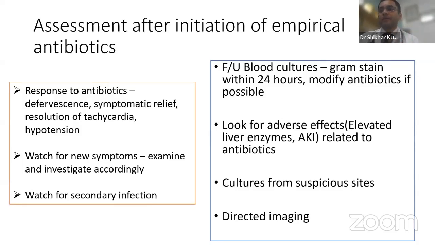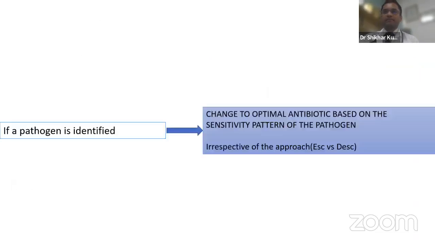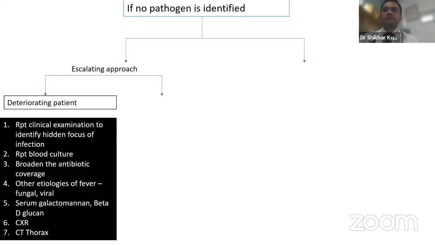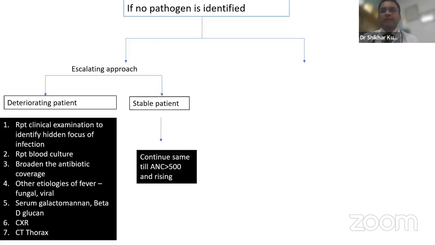Someone who is on a de-escalation approach, you go directly all guns blazing with your carbapenems and colistin. If they still continue to deteriorate, you again do a thorough examination, try to find out the focus of the sepsis, and you treat accordingly. Someone who has stabilized, we continue the same antibiotics until the neutrophil count recovers. And someone who is taking a little bit longer to stabilize,